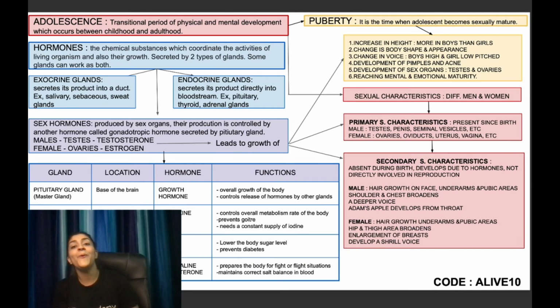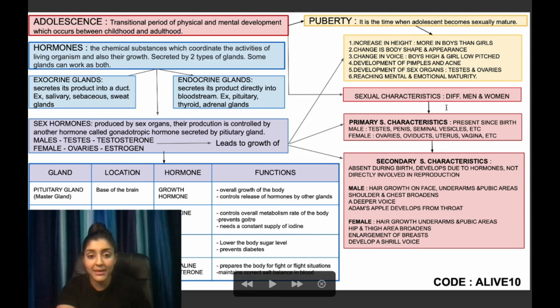So now I will show you something that, when I was a student and I didn't even know what a mind map is, I used to just try to make something like that, even without knowing that something like a mind map is actually available, or that this is how you can make it.